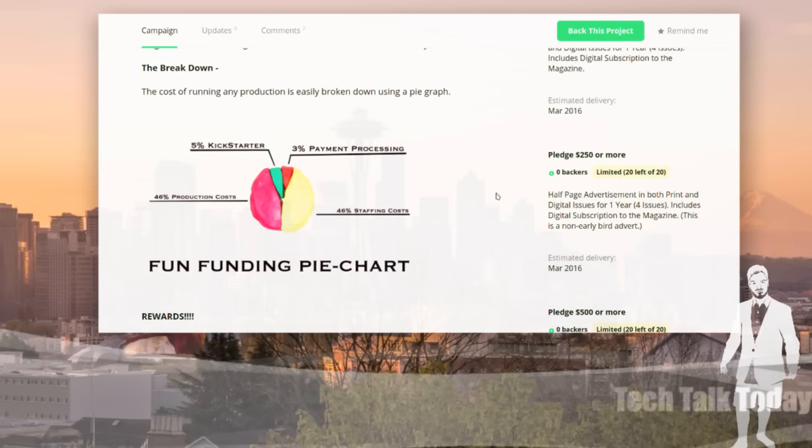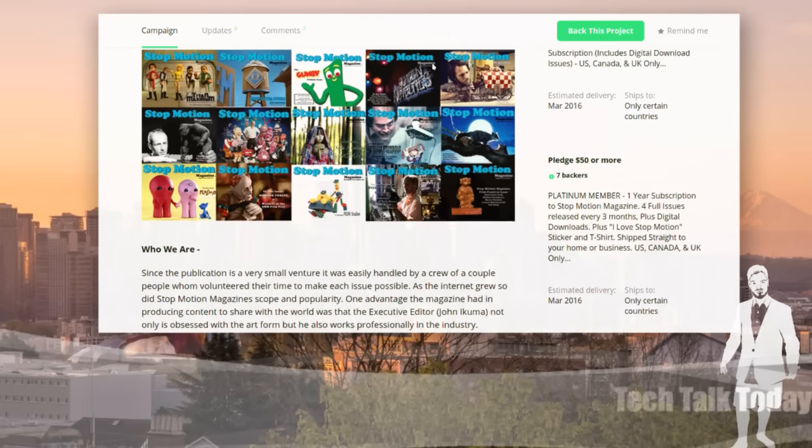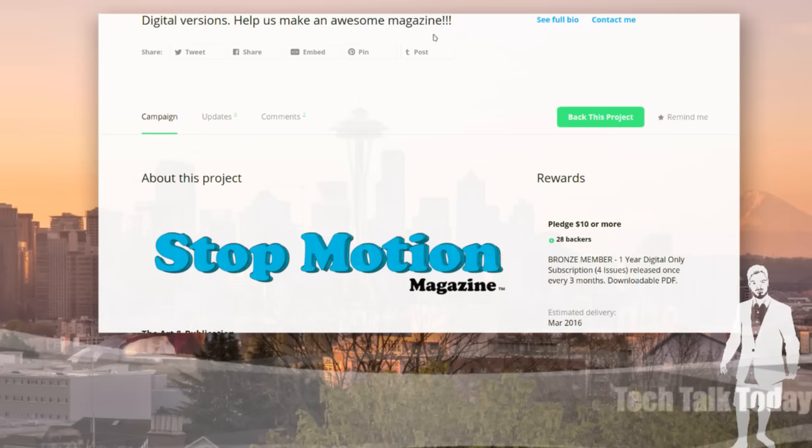I like their funding pie chart. That's pretty great. The cost of running production is usually broken down using a pie graph. Boop, boop, boop. A stop motion pie graph. Did you see that? That's great. That's cute. That's adorable. I think it's a pretty good one. I think it might be worth funding. Anybody in the Mumble Room want to argue against funding before I make a declaration? Going once. Going twice. All right, our Intel poll says...